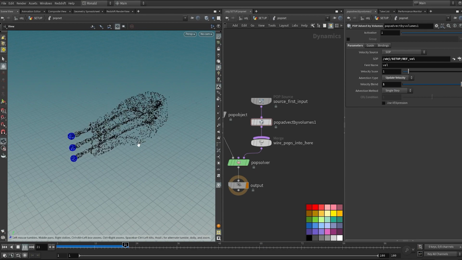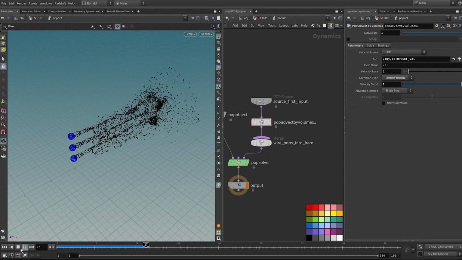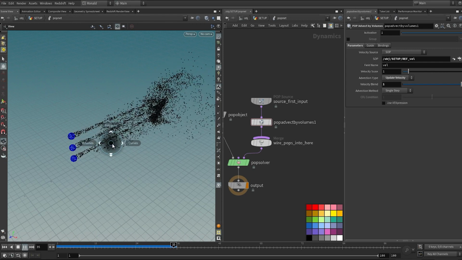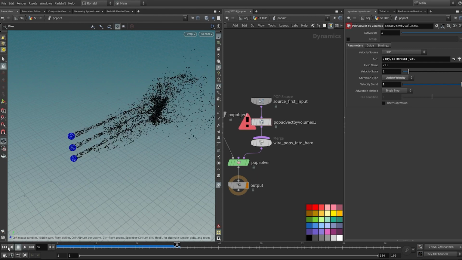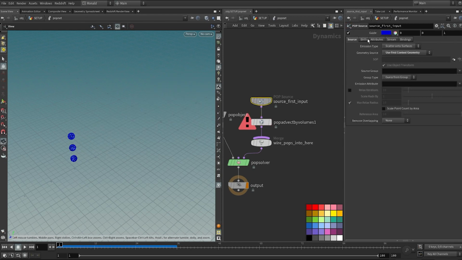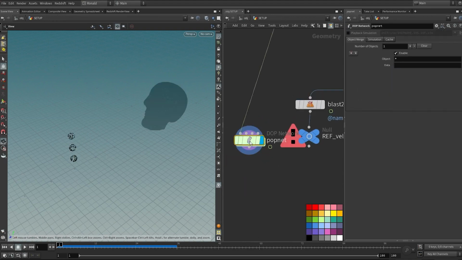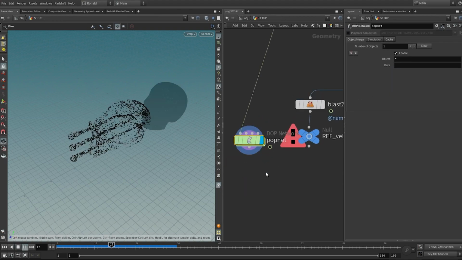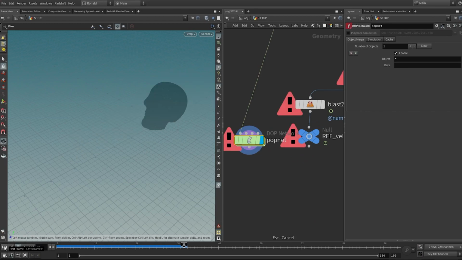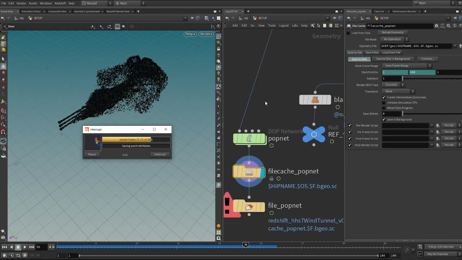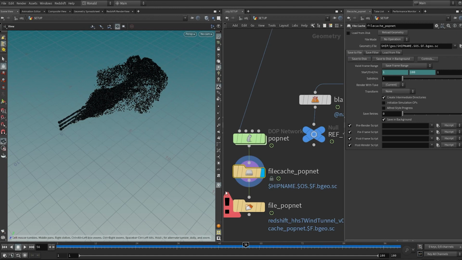So you can see that we have a particle simulation, and it's pretty fast. So in that case, it doesn't harm if I just go to my source here and change my birth to 50,000 instead, and then run this particle simulation like this. Okay, now that the particles are cached,